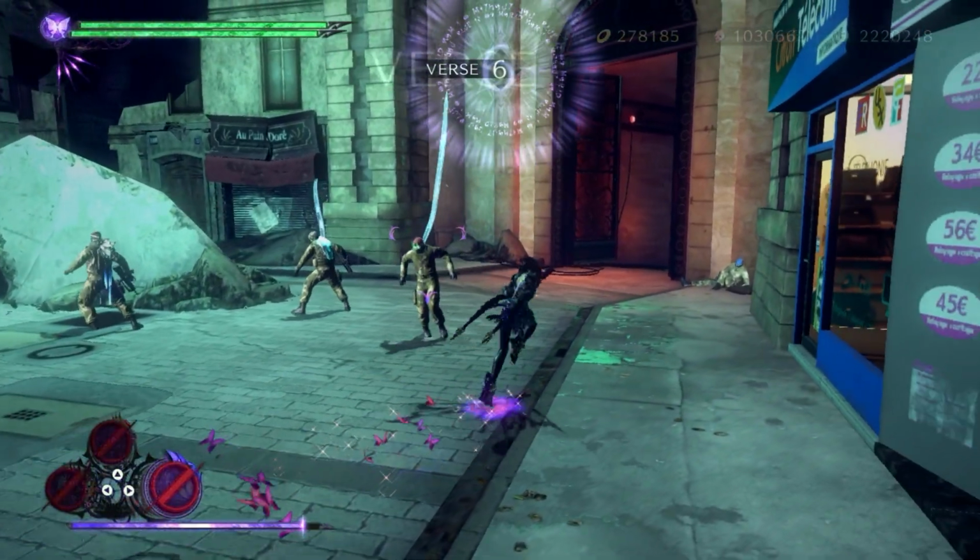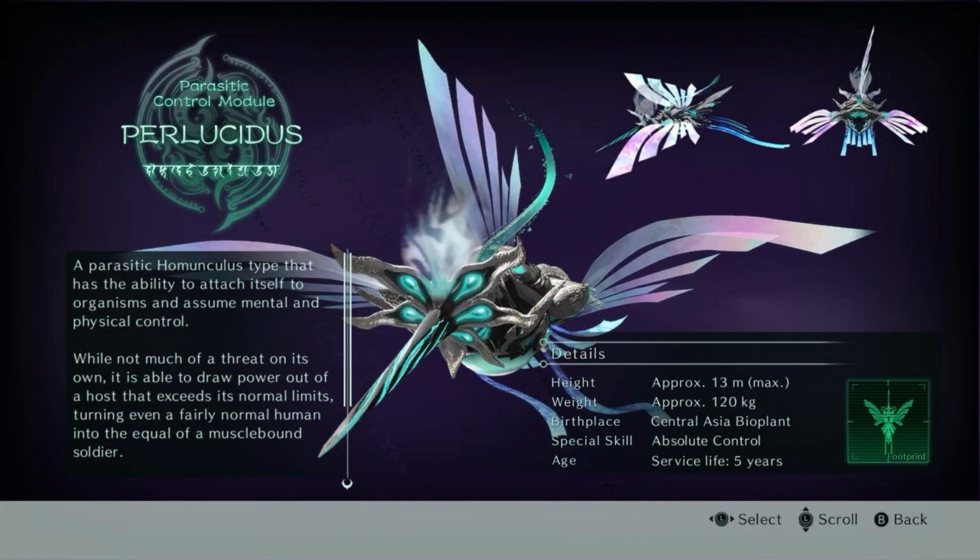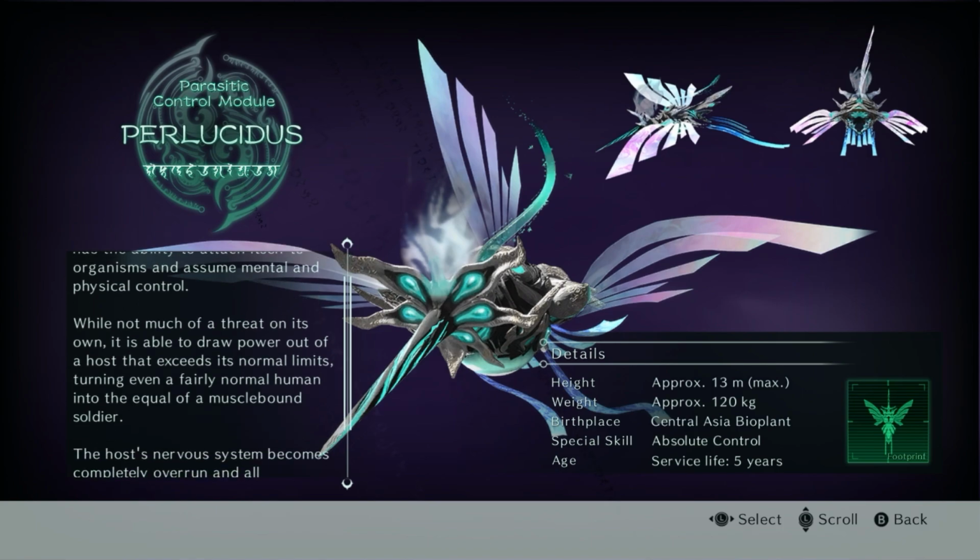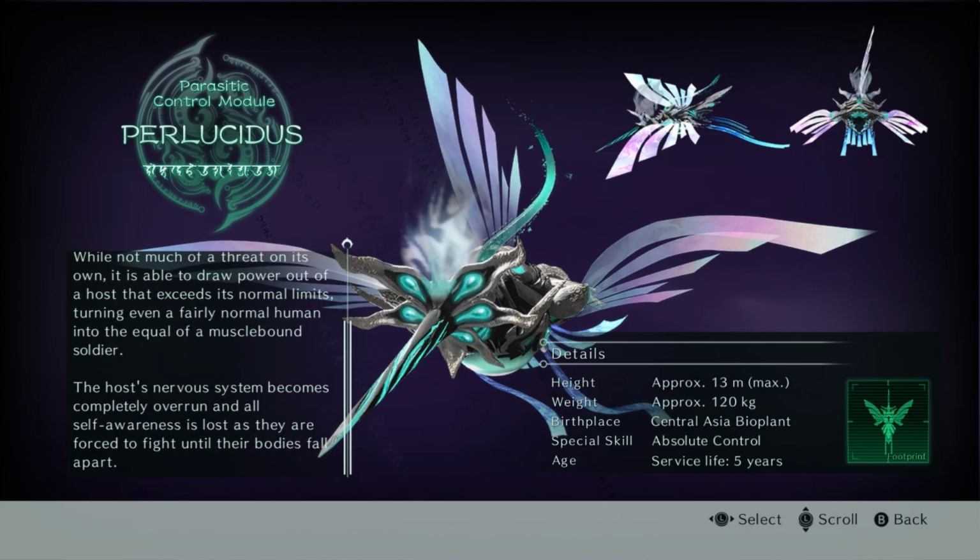Its description goes: a parasitic homunculus type that has the ability to attach itself to organisms and assume mental and physical control. While not much of a threat on its own, it is able to draw power out of a host that exceeds its normal limits, turning even a fairly normal human into the equal of a muscle-bound soldier. The host's nervous system becomes completely overrun, and all self-awareness is lost as they are forced to fight until their